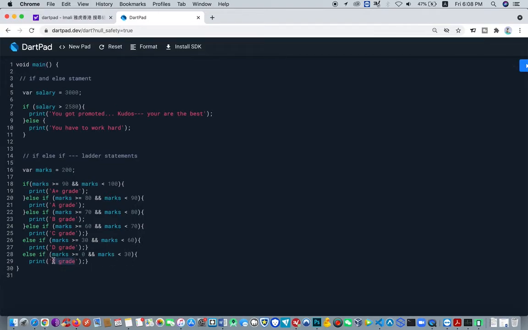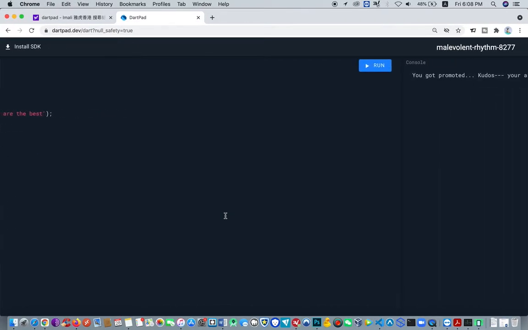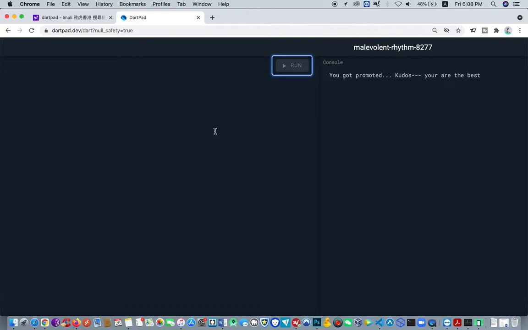This one should be you failed. Okay. Then next it should be the last one. So let's say this one, if we have a 30 here, what should display on the screen? Let's see this. Okay, so the max is equal to 30. Let's see. So D grade,